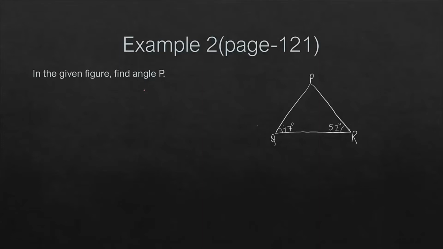of NCERT. The question is: in the given figure, find the angle P. Here two angles are already given. Angle Q is equal to 47 degrees and angle R is equal to 52 degrees. Now we have to find angle P. Let's suppose that angle P is equal to X. According to the angle sum property of a triangle,